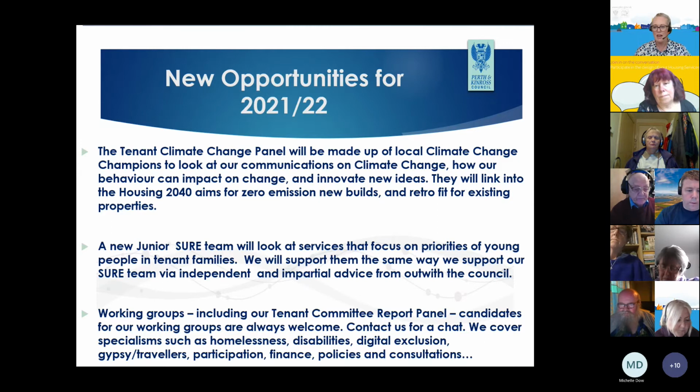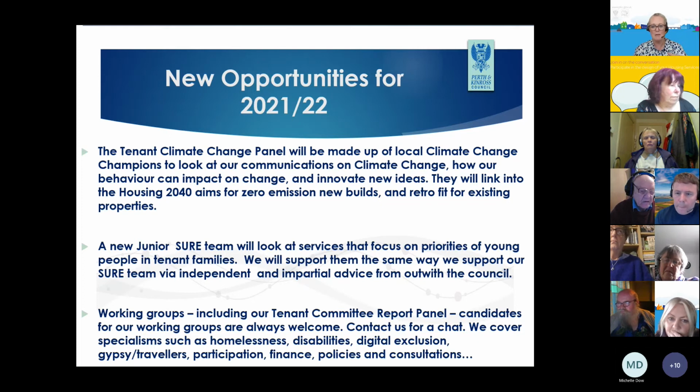We were told by the NHS to stay home. That's fine if you have a nice, warm home and green space to access. A lot of issues are now coming out with the pandemic, and what Claire was saying earlier about the local housing strategy and how we're going to be reviewing it moving forward, looking at probably a person-centred approach and aligning housing and health more so than normal with the health and social care partnership. So there will be a lot more partnership working moving forward.